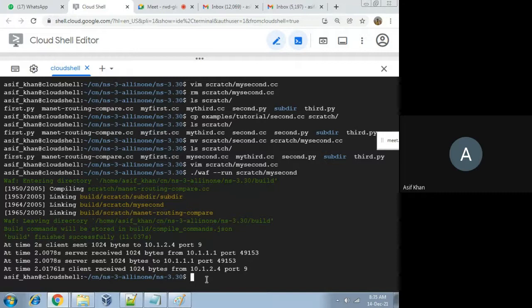Now I'll show you how to pass arguments in the command line. Let me open this code first.